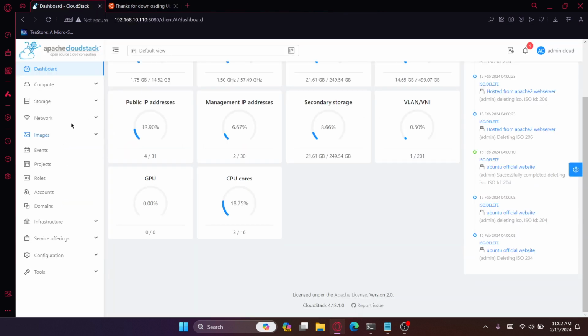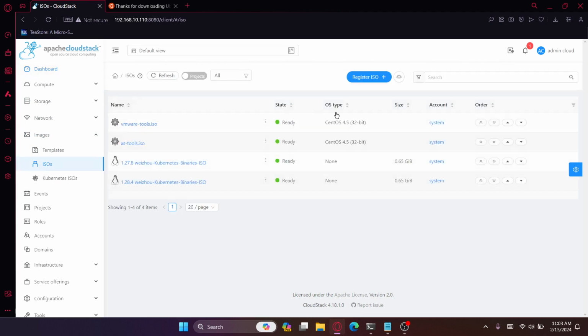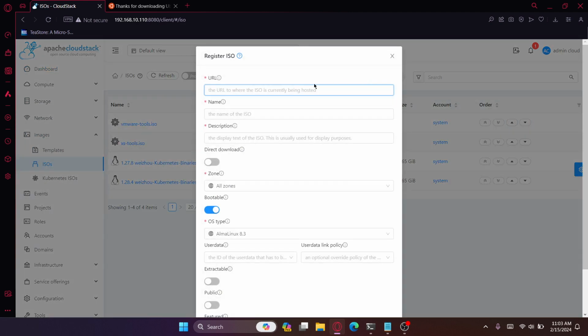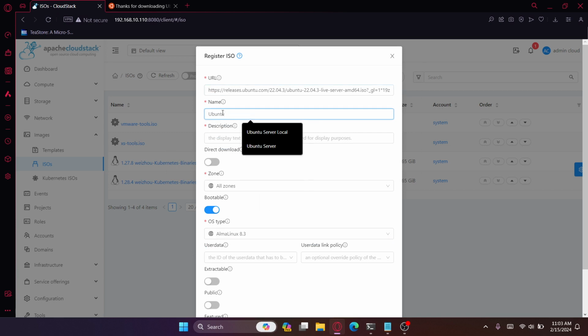The next step is we go to the images ISO and give the name up to you.